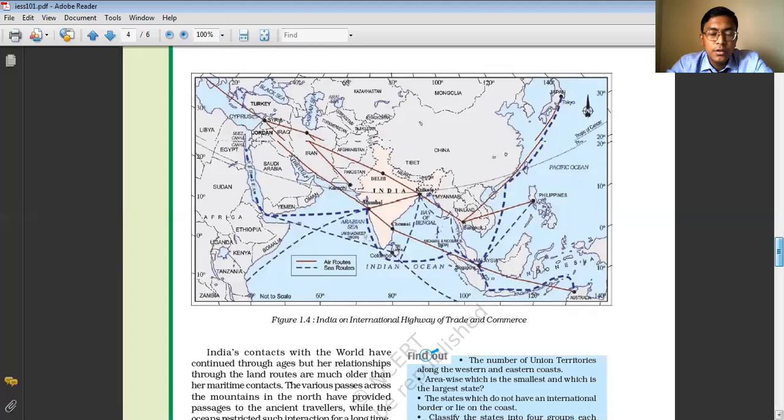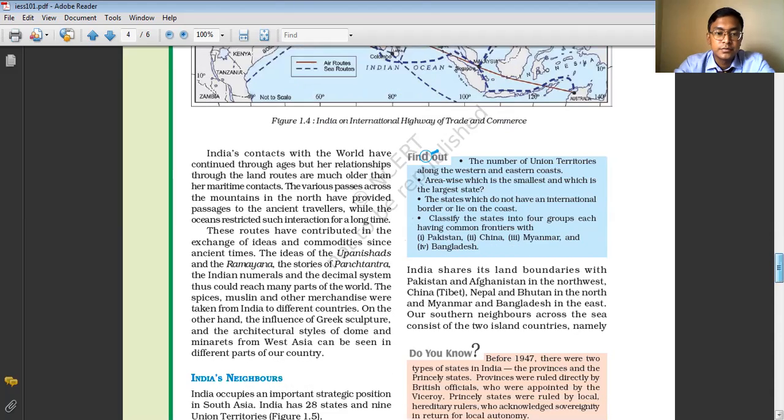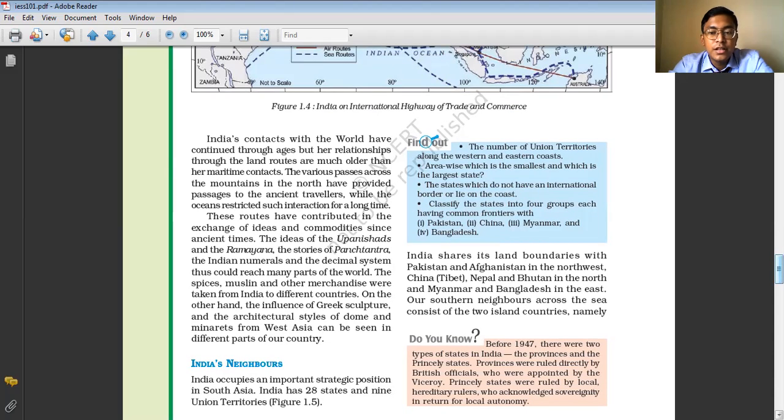So now you can see that from very ancient times, India has served as a very important nation in the world. Indian heritage, culture, and economy influenced many rulers, the Britishers and others. Our relation with the other countries of the world is not new but very old. So this is about the relationship of India with the other countries of the world.